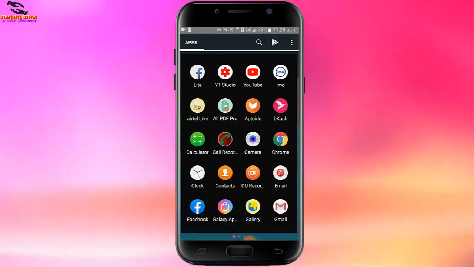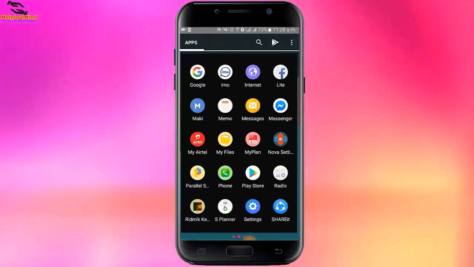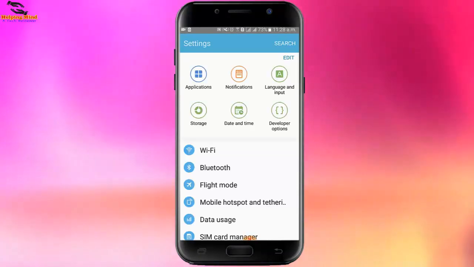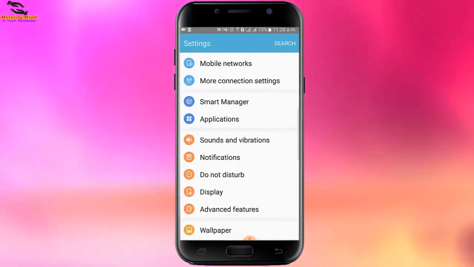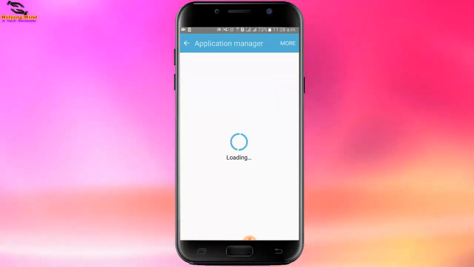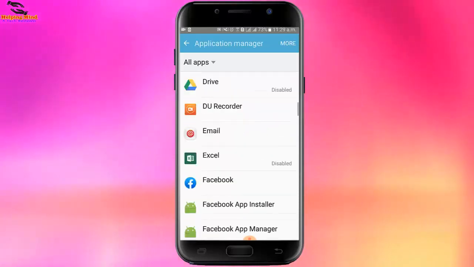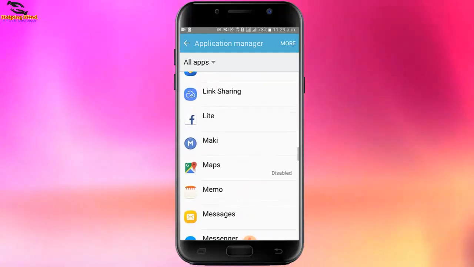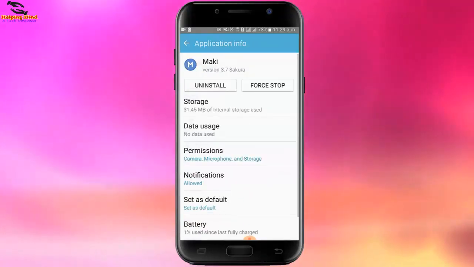Here I will go to settings and go to my app manager. Here I will tap on applications and go to application manager to see the permissions of this Mikey app. There are a lot of harmful apps on our Play Store. Now I will tap on the Mikey app, and here you can see permissions.